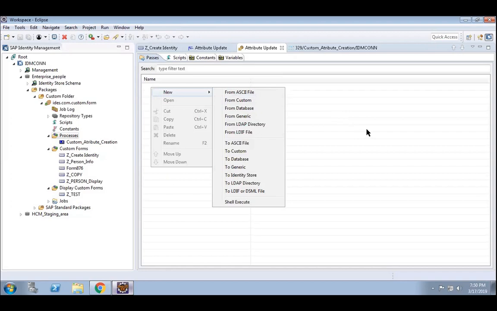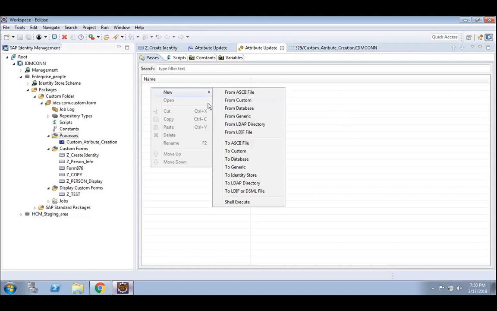For custom, specifically from the SAP system, if you want to fetch some data, we use from custom. From database means if you are extracting something from a database, we use the from database option. So we will go through this one by one when we get to the job part.